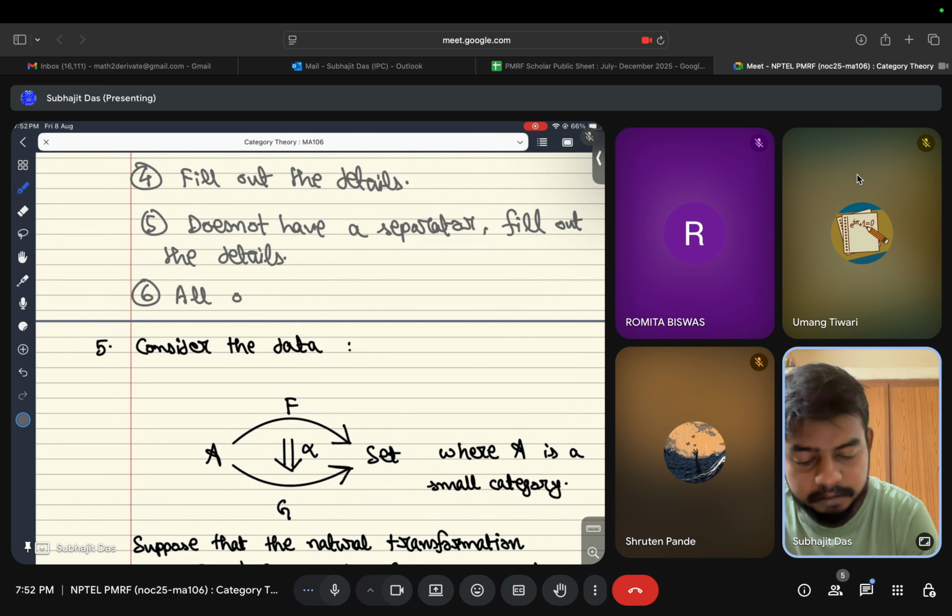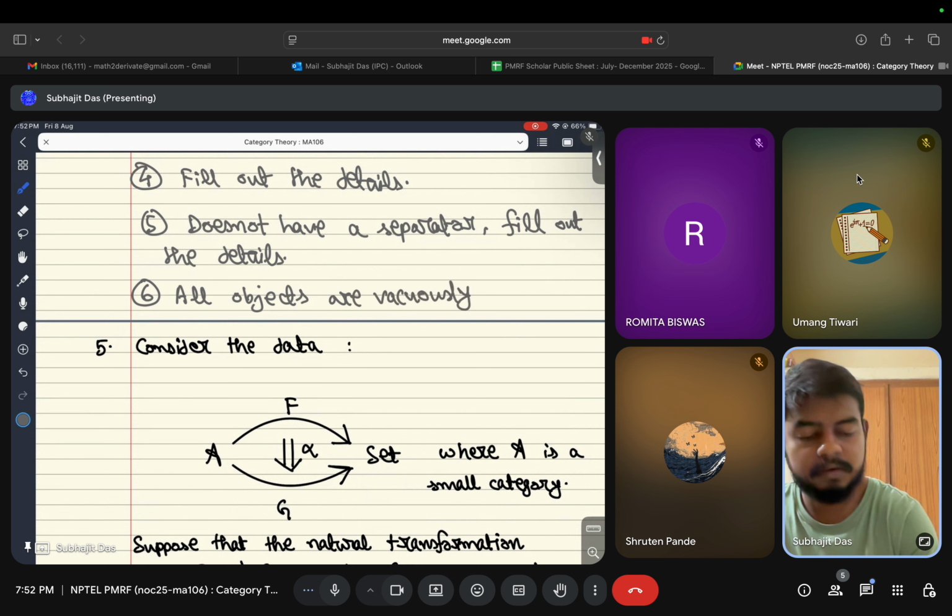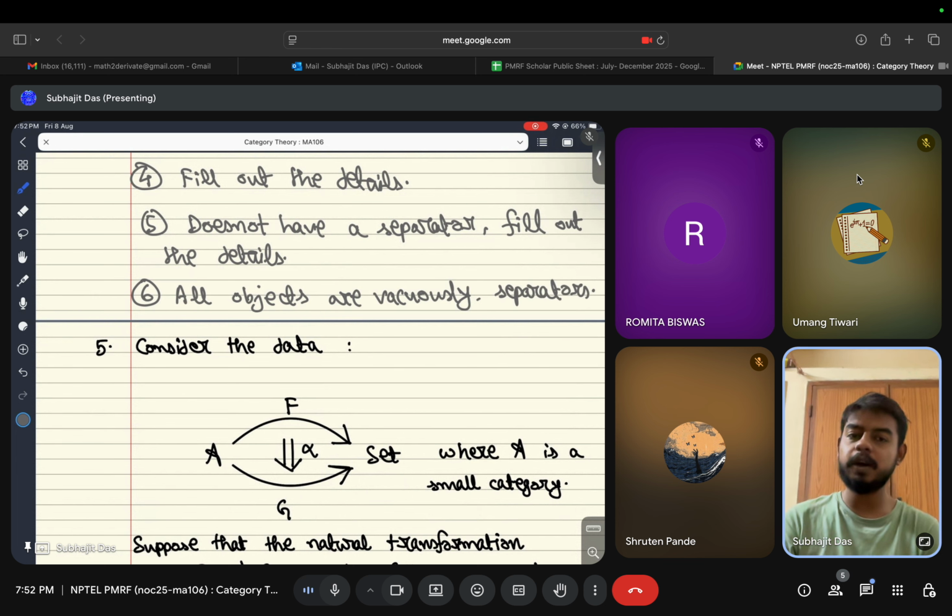All objects are vacuously separators. Because if some object is not a separator, that would mean that you can get two distinct arrows, parallel arrows, from an object X to an object Y, such that